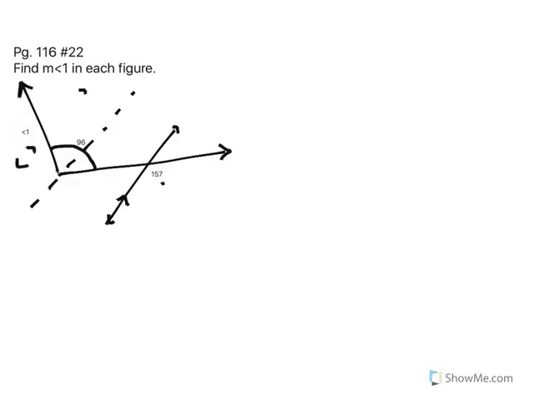Now, the picture gives us some info. It lets us know that these two lines are parallel. I know that because it has the little arrows right here on each line, and those mean that the lines are parallel. So I know that this is a transversal down here, and I know that this is a transversal up here. And the dotted line,